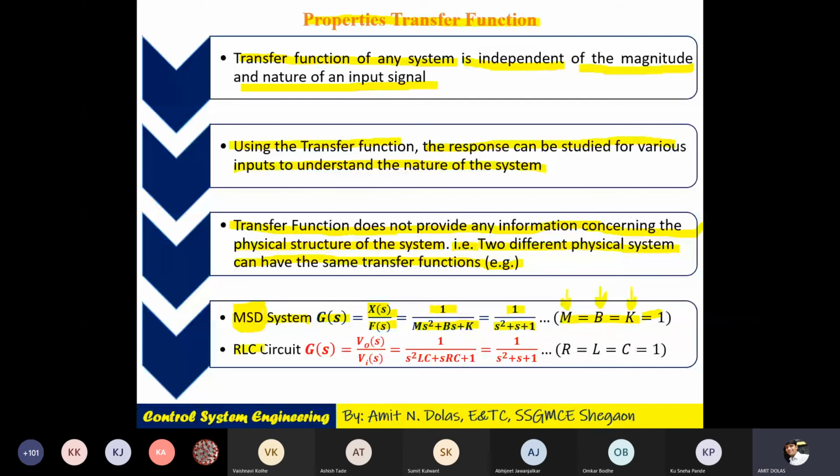Similarly, if I have an RLC circuit, its G of s is V of s upon V of s, say 1 upon s square LC plus sRC plus 1. But all the values R, L and C are equal to say 1. Putting the values, its transfer function will be 1 upon s square plus s plus 1. So you can see here,